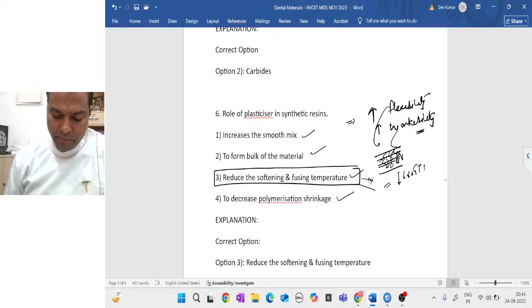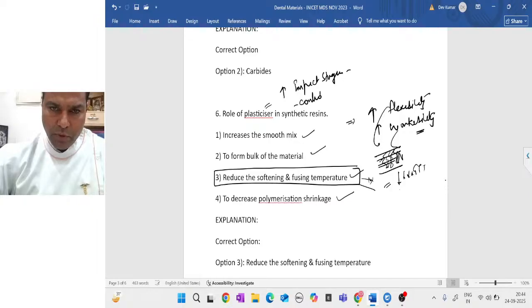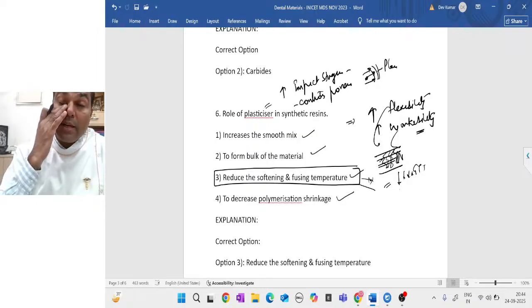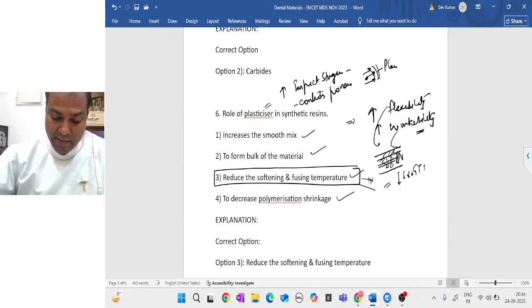ठीक है, it enhances, it increases the impact strength of the resin, okay, controls the porosity, ठीक है, it controls the porosity या reduces the porosity। why? because कितना मोनोमर हमारा पॉलीमर में जाएगा, it is also controlled by a plasticizer। जितने मतलब प्लास्टिसाइजर हमारे कम मात्रा में होते हैं, बट दे आर वेरी वेरी इंपॉर्टेंट।